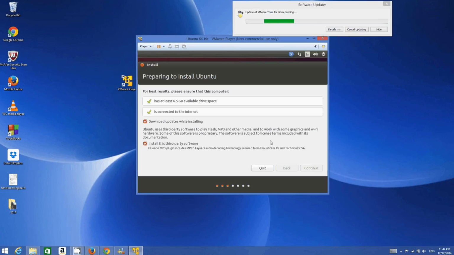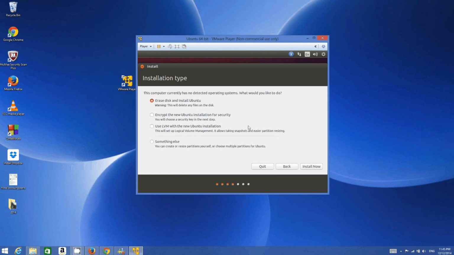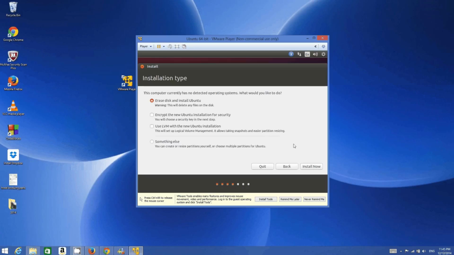And then we will go to the next step, which is this computer currently has no detected operating system. What would you like to do? So you just need to choose the first option, which is the default option, erase disk and install Ubuntu. Don't worry, it will not erase your host operating system. It's just a virtual machine, so you can safely select erase disk and install Ubuntu. It will not erase your original operating system. So just install now,